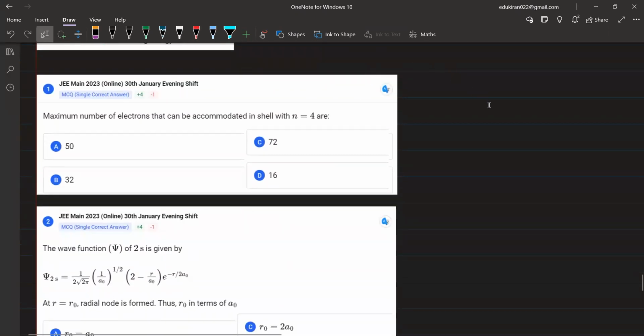Maximum number of electrons that can be accommodated in the shell with n is equal to 4? कितने इलेक्ट्रॉन आ सकते हैं। स्मृता करेक्ट। अच्छा, इसका हम फॉर्मूला बताते रहे आप लोग को। मैक्सिमम इलेक्ट्रॉन इन nth शेल विल बी इक्वल टू 2n²। ठीक है,